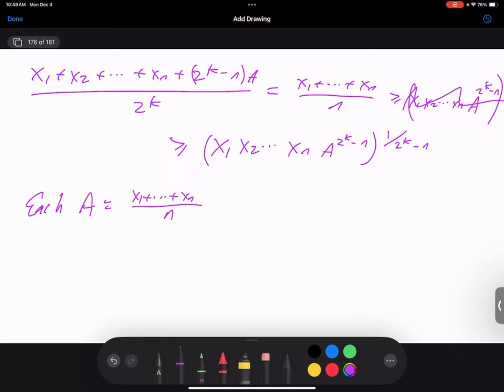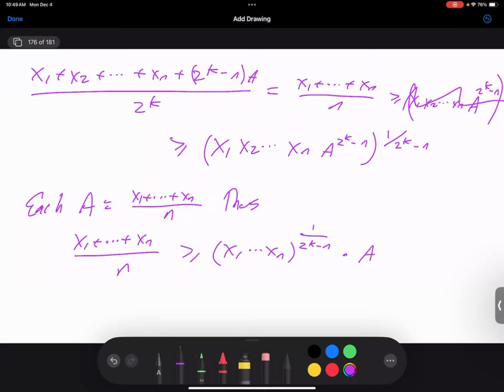Thus we get the arithmetic mean, x1 plus xn over n, is greater than or equal to x1 dot dot dot xn to the 1 over 2 to the k minus n times a to what power? We have a to the 2 to the k minus n, and then we take the 1 over 2 to the k minus n power of that. So what power of a do we get? We just get 1. And since a equals this,